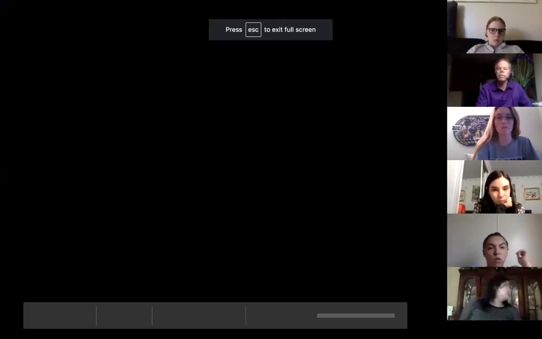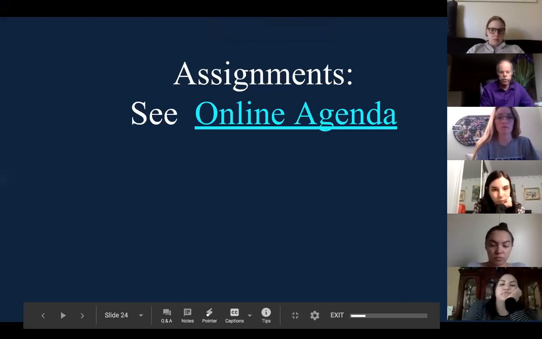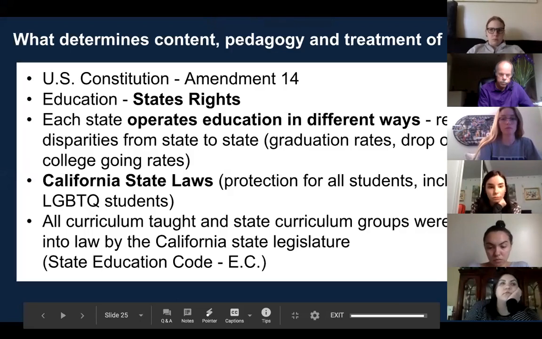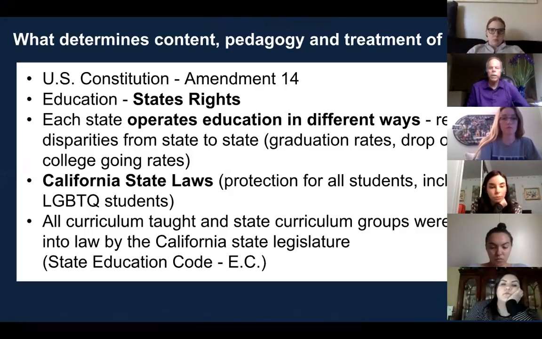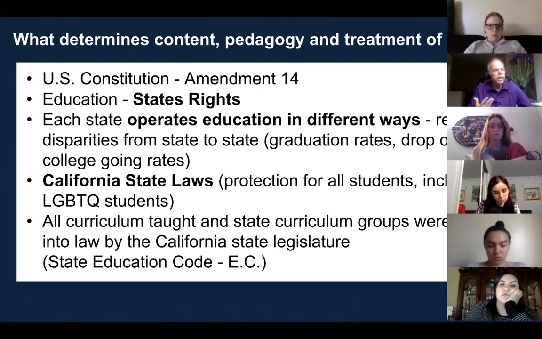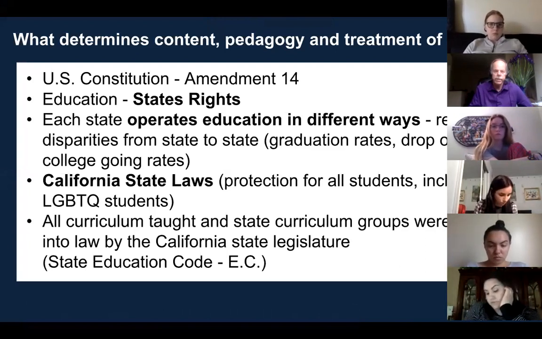A couple of the input pieces I wanted to share with you tonight. One is, how do we know what we're supposed to teach? You may or may not know this, and it may be a review for you, but I think it's important for all of us to know. When you think about where we get the content, the pedagogy, and the treatment of students, the content